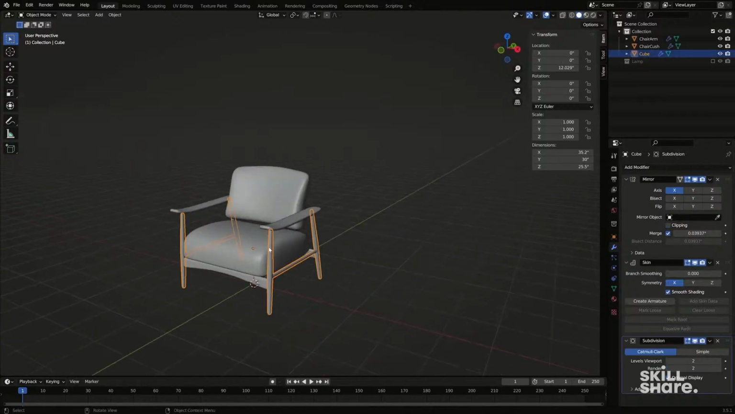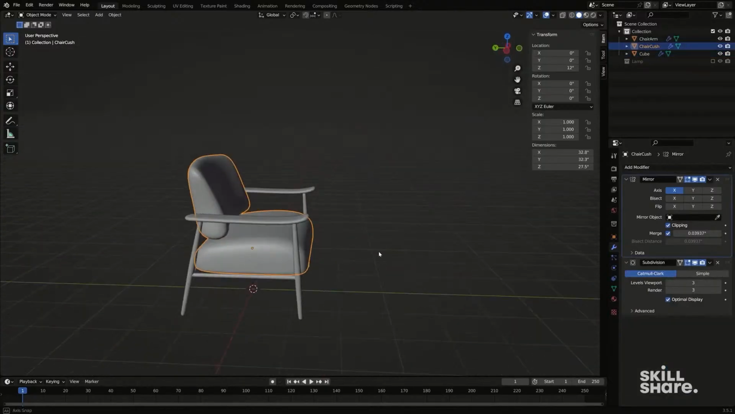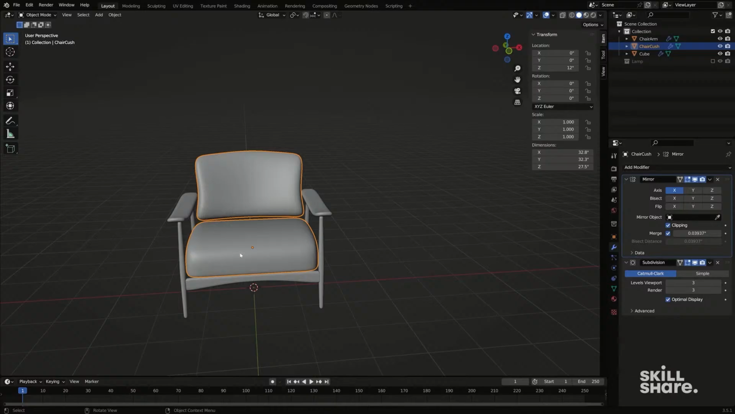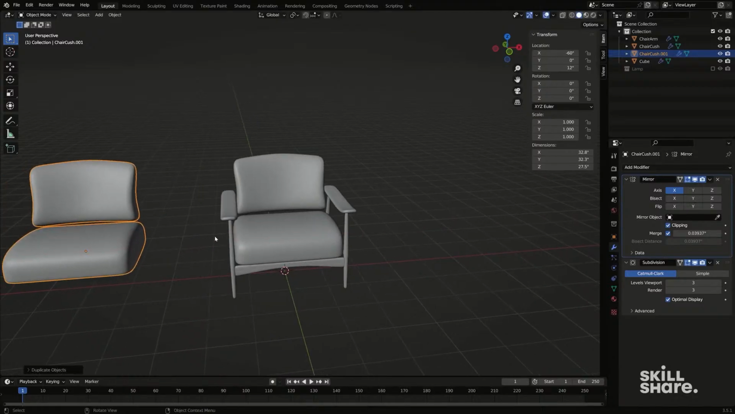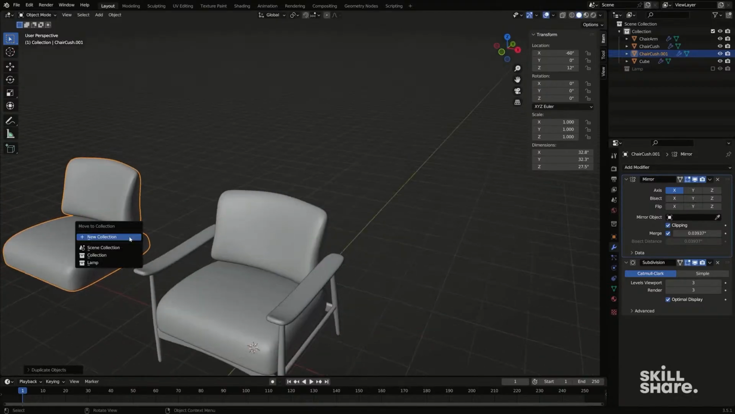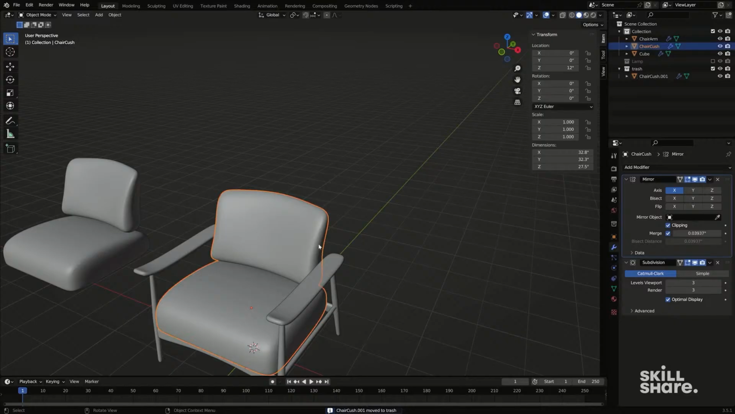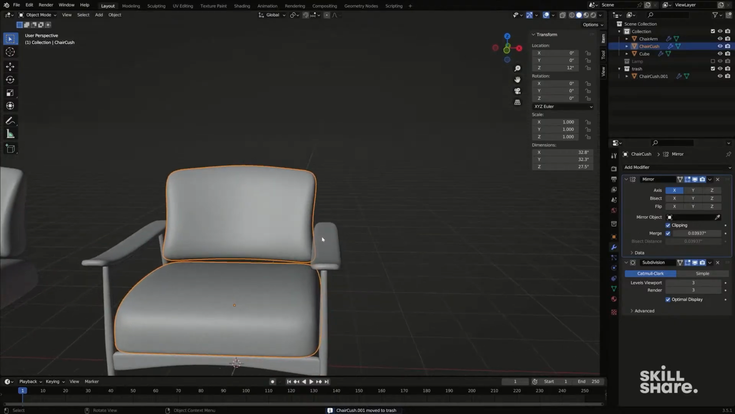One other little detail we could add potentially would be going into this and adding like some cording around the outside. So the way I could do that is I'm just going to duplicate this and move it over. And I'm going to move this to a new collection, which I typically like to call the trash collection. And that's basically just, I want to save that model because what I'm about to do is a destructive process. So I'm going to